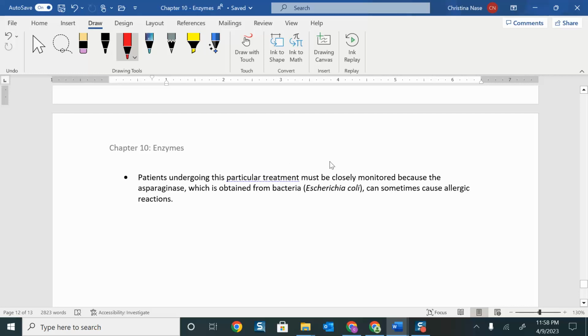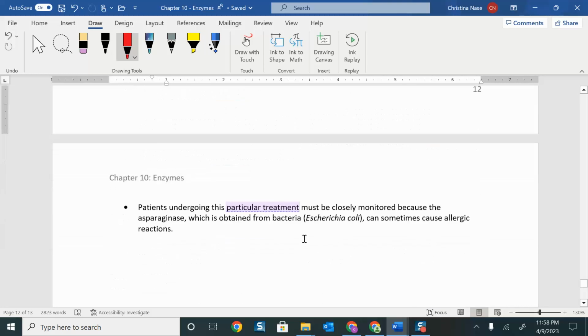So patients undergoing this particular treatment have to be monitored because you are obtaining the asparaginase enzyme from bacteria, from E. coli, and you can sometimes have allergic reactions. So that's just one example of how proteins are used in